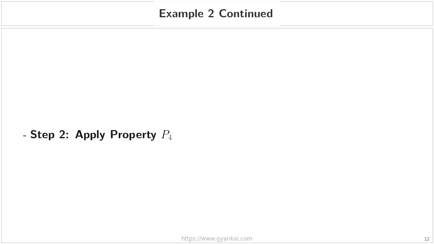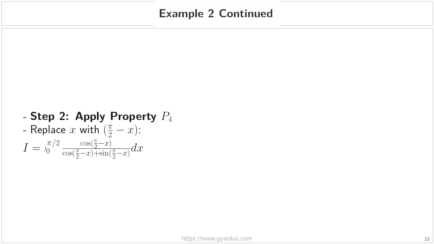Okay, let's move on to step 2, where we apply property P4, the reflection property for the interval 0 to a. Remember, we're working with the integral I, which is the integral from 0 to pi over 2 of 1 over 1 plus tangent of x, and we've already rewritten it as the integral from 0 to pi over 2 of cosine of x divided by cosine of x plus sine of x. Now,